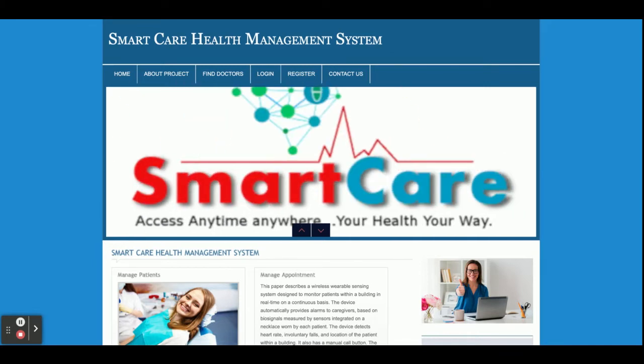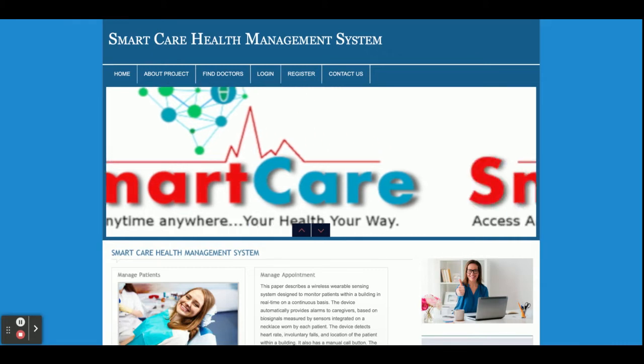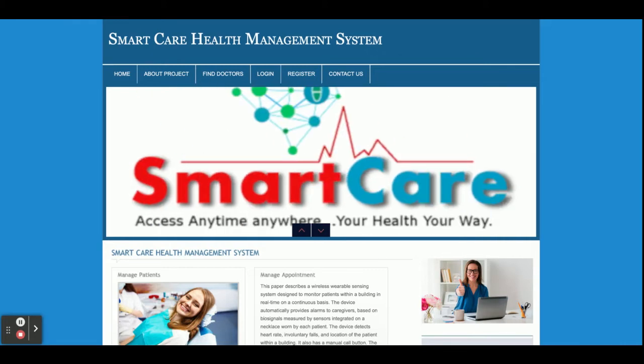But if you have the WAMP server, then you can easily configure this project on the WAMP server too. For front-end development, I have used HTML, CSS, and JavaScript. Some jQuery libraries I have also used, like for formula additions, integration of the date calendars, and creating drop-down menus. I have used jQuery plugins for many more things.